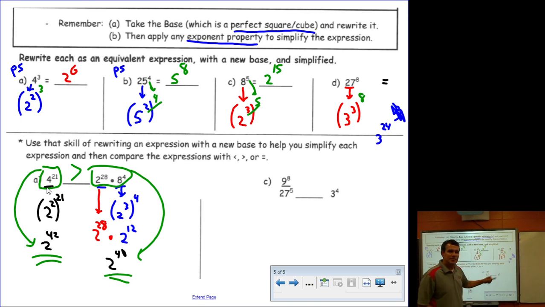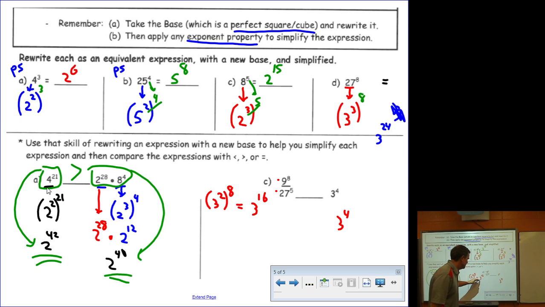All right, 3 to the 4th power cannot be rewritten because 3 is not a perfect square or a perfect cube. But over here, I have a division problem. Now, I can't actually divide them because they're different bases, 9 and 27. But I think they can be rewritten with the same base. All right? Start with 9. 9 is a perfect square. So I can take 9 and rewrite it as 3 squared to the 8th power, which would actually equal 3 to the 16th power